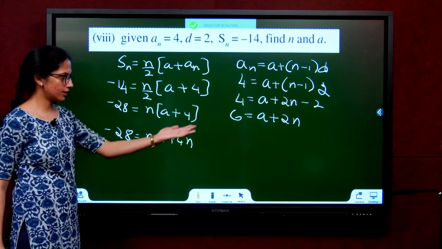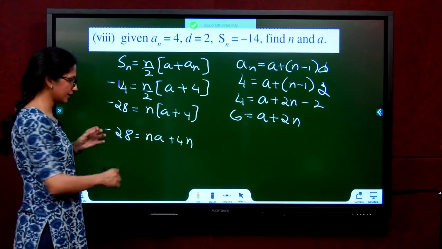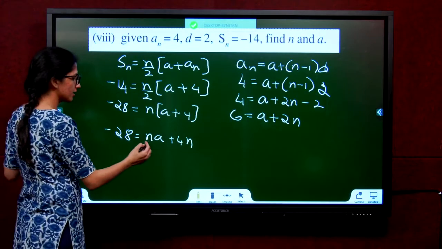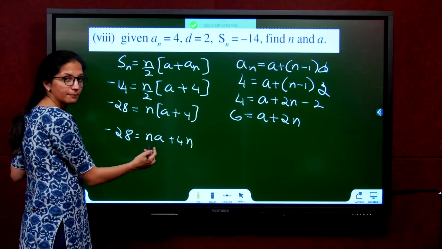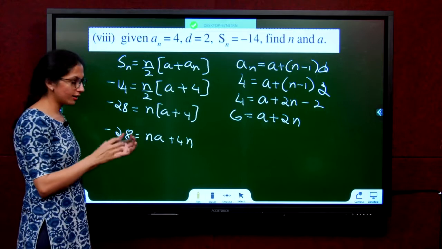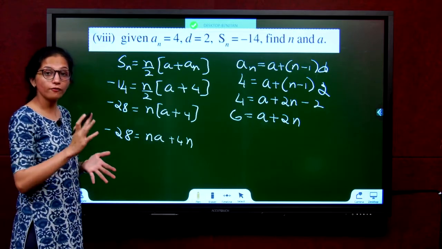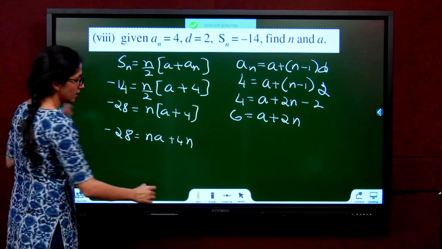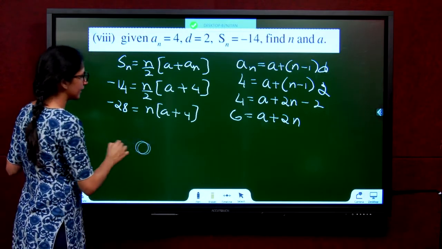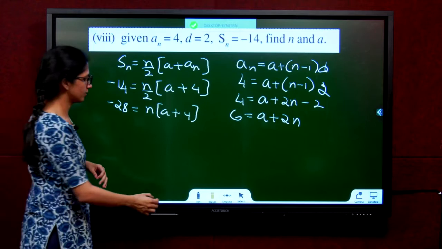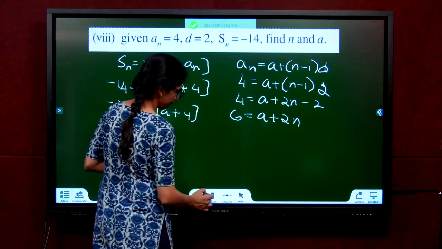You cannot solve this equation using simultaneous equations, meaning 2 minus 1, 1 minus 2, because here you have two variables multiplied, x into y. For that method, it has to be A separate, x separate. So whenever you have multiplication of variables, you have to go for the substitution technique. Substitution technique means take any one and substitute in the other. What is A here?